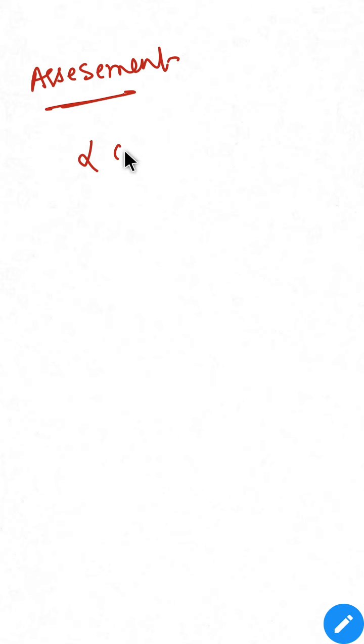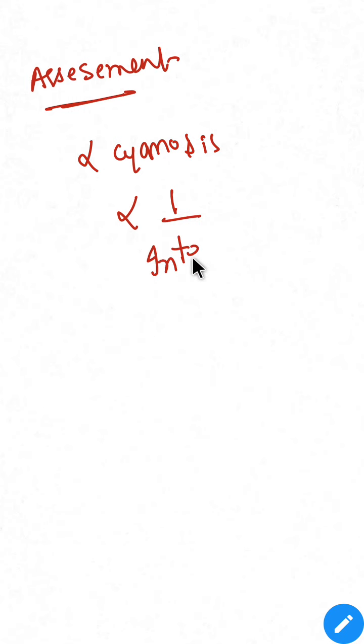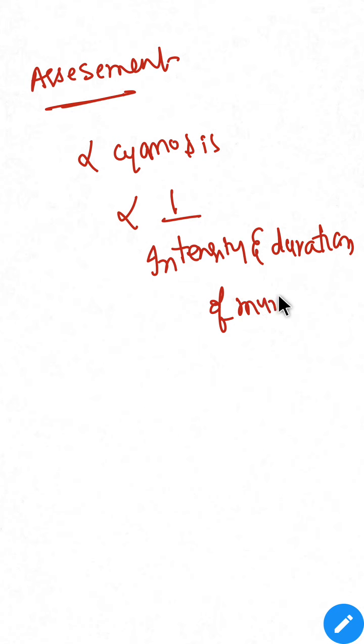The severity of tetralogy of Fallot is directly proportional to cyanosis and inversely proportional to the intensity and duration of murmurs. This is about auscultation. In the next lecture